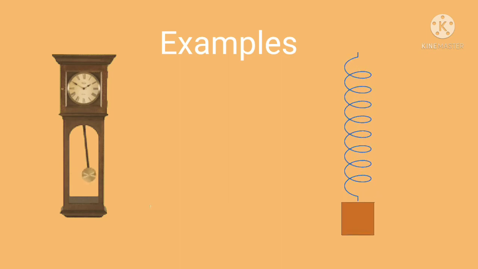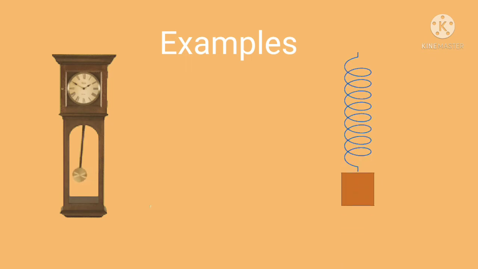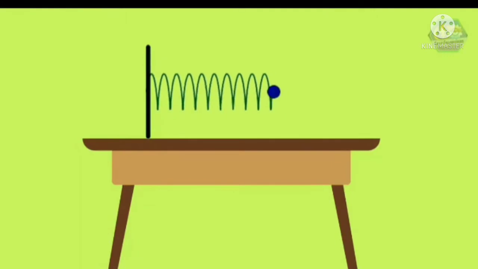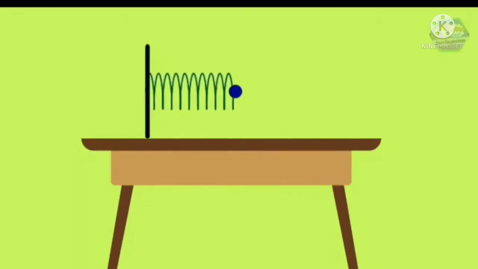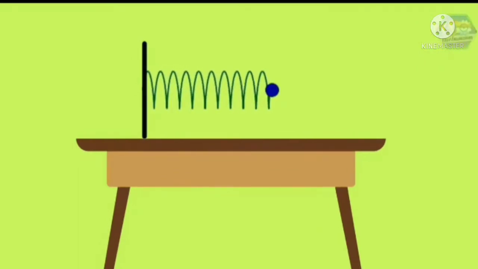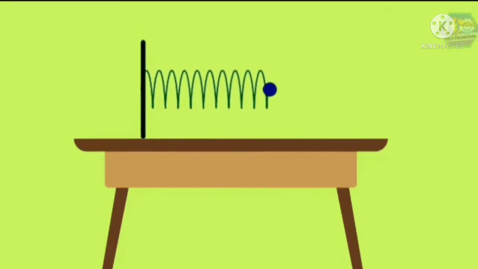So the best way to describe simple harmonic motion is through this example. Suppose you have a ball attached to a horizontal spring lying on a table. While the ball is lying there at rest, it is in a state of equilibrium. But when you move the ball by stretching the spring and then letting it go, the ball will keep moving back and forth. And this back and forth motion caused by the force of the spring is simple harmonic motion.